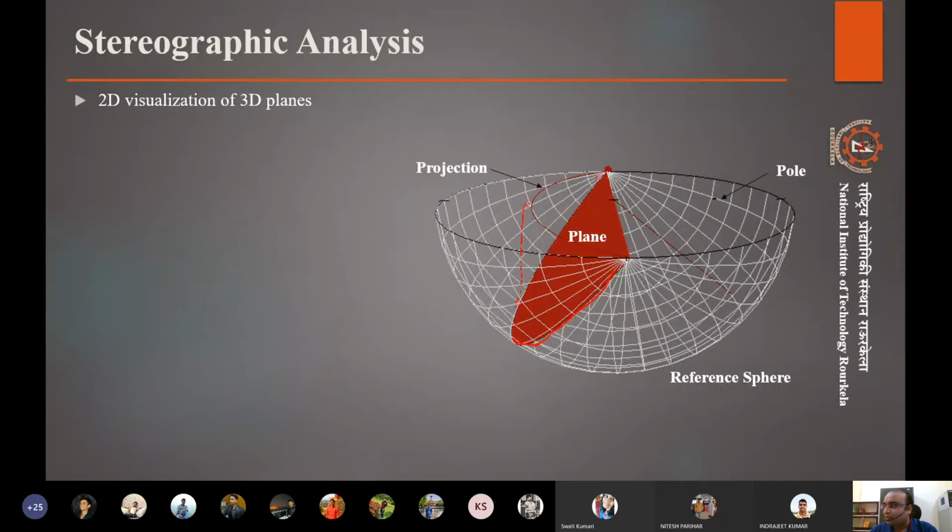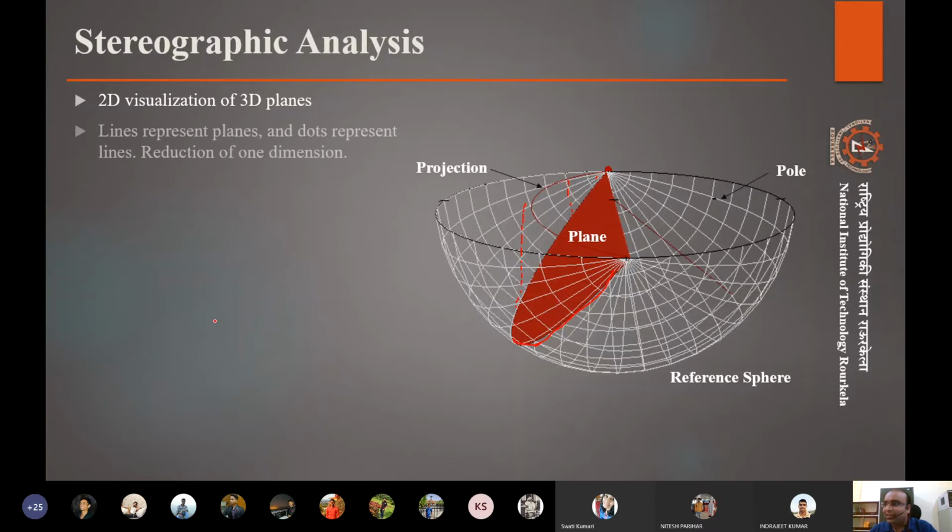horizontal surface, can actually be represented by an arc on the top like this. So this is the projection. This arc, a simple arc, which is called a great circle, which we will also see, a circular arc that is representing a full plane. And this is how a stereographic projection is made for a plane, right?